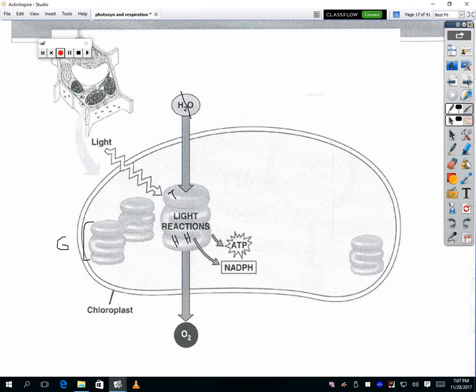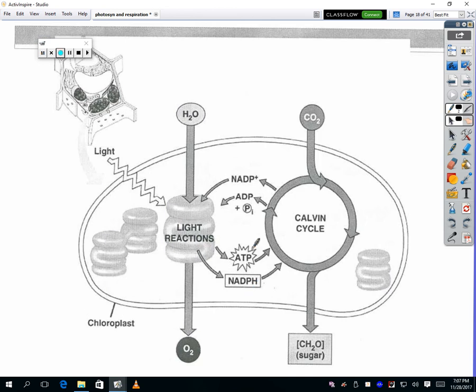So let's go back to this picture, and once again, when we start off this process, you have light hitting a thylakoid, water coming in. This is the light reaction. Water split. The hydrogens are used to make ATP and NADPH, and oxygen gas leaves. Well, after that, you have ATP and NADPH in the stroma. Along comes carbon dioxide, and carbon dioxide enters the stroma, and it goes through a series of enzymatic reactions, or reactions with enzymes. Remember, enzymes speed up the rate of reactions. And the energy from NADPH and ATP is used to turn CO2 into sugar, like the most important one,